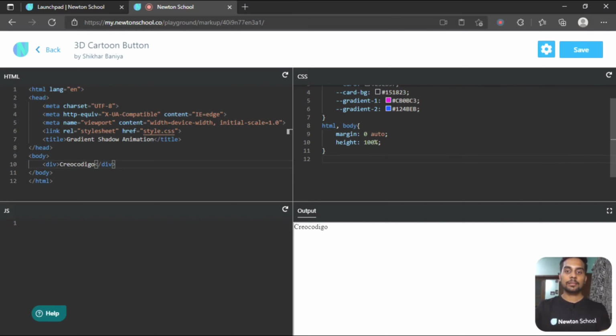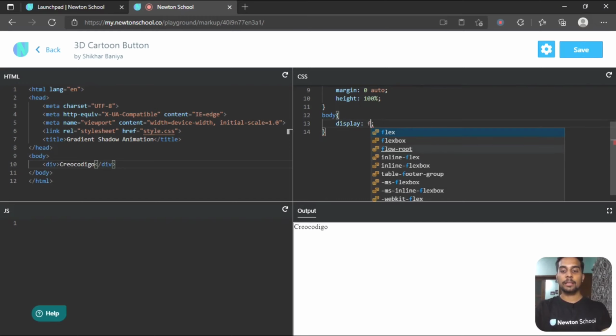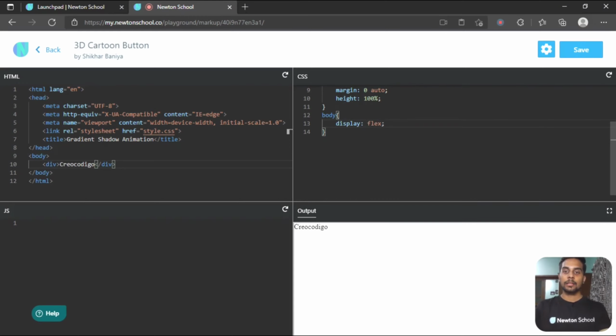And next let's target the body tag. Inside this let's first display it as flex. Now I want to center this text here, so that's why I'm displaying it as flex, then justify content as center, so it will come towards the center of it.